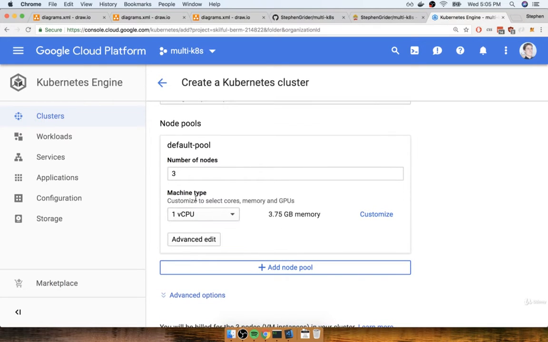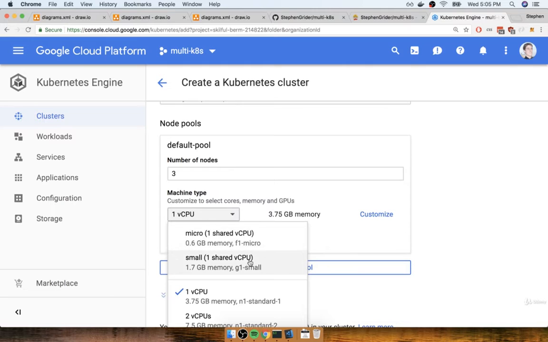After that, we get prompted to select a machine type. The machine type is really saying what specifications we want these virtual machines to have. The default selection is one virtual CPU with 3.75 gigabytes of virtual memory. You can also select micro and small right here and save a couple bucks. Now I want you to know that when I was initially developing this application and deployed it to Google Cloud, I tried using a small instance, like this small instance right here, and I eventually ran into a couple of